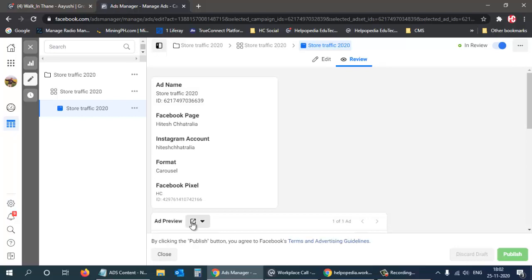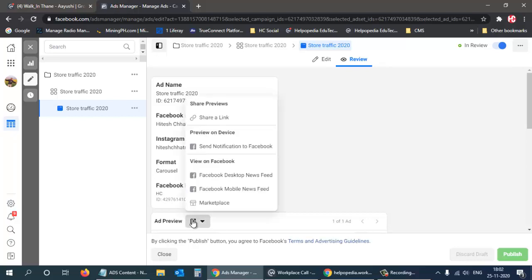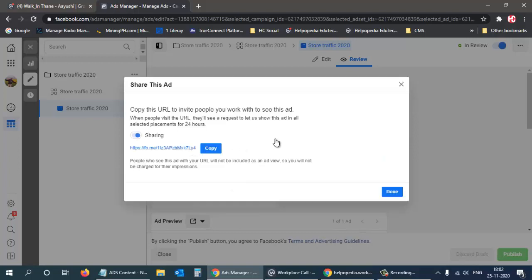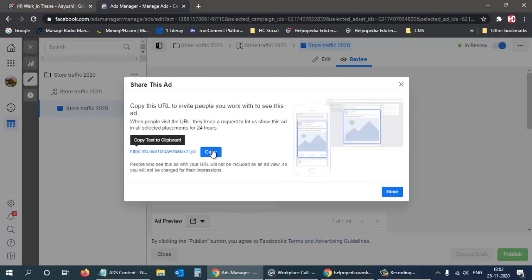Over here, ad preview, share a link, and copy. And now let me see.